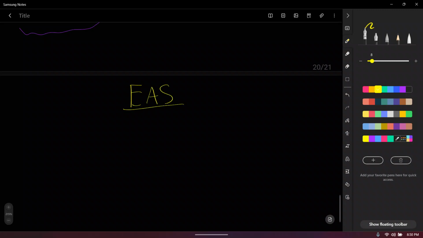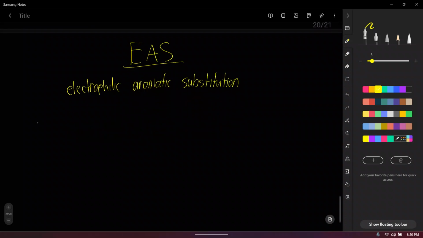So EAS stands for electrophilic aromatic substitution. And in electrophilic aromatic substitution, benzene is the nucleophile. And I just told you that benzene was a very bad nucleophile. So the only way the EAS will work is if we use